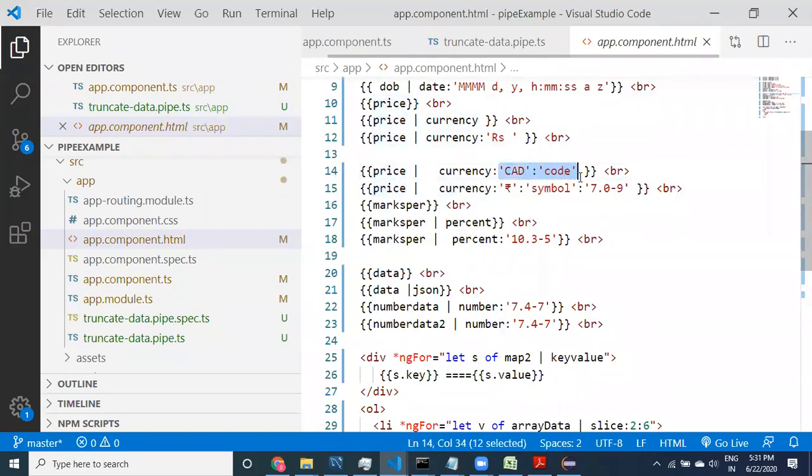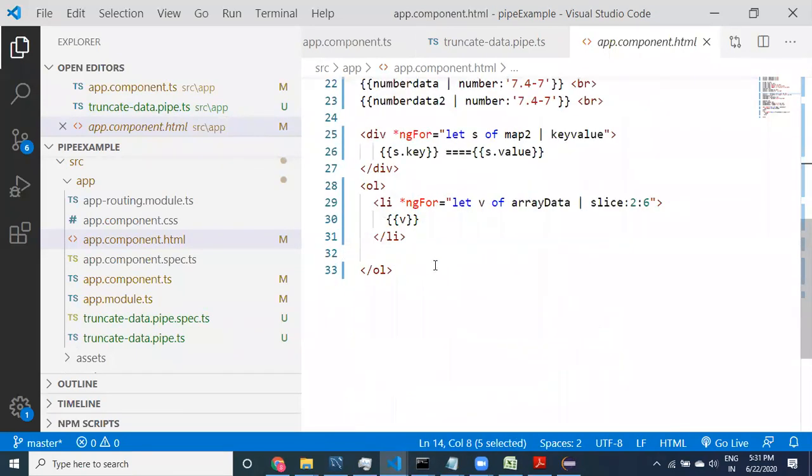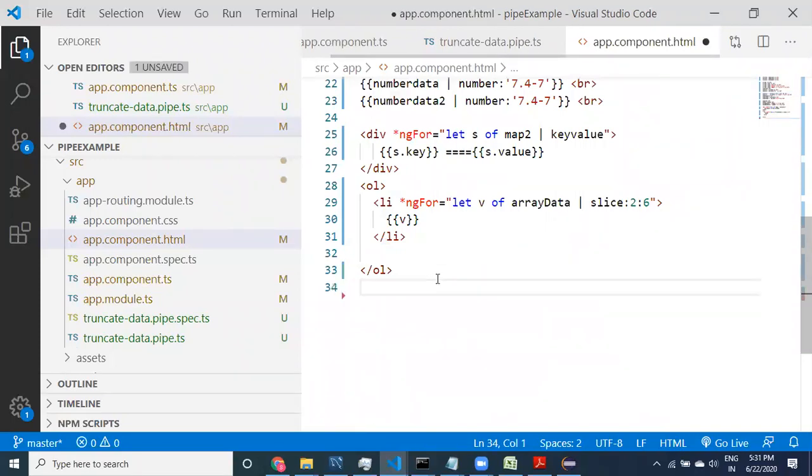Next, whatever arguments you are providing are going to come to the second parameter. But now I don't want any arguments. I want to focus on only the value. So what I can do is provide, yeah, let us look at it.